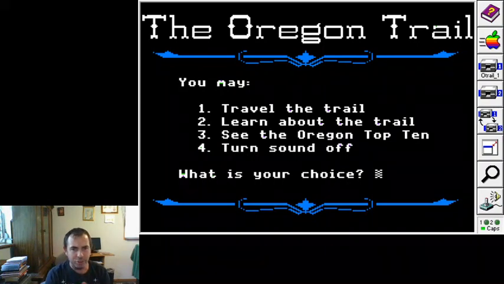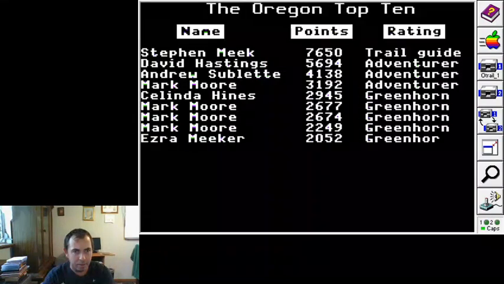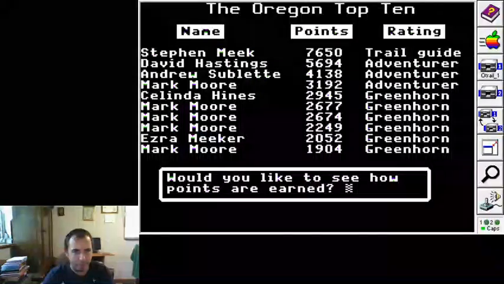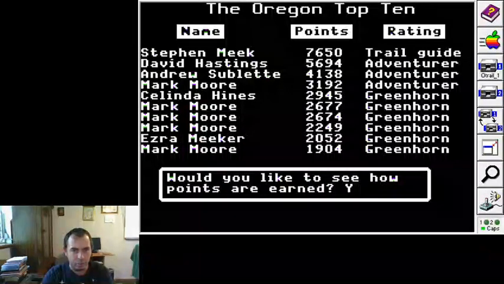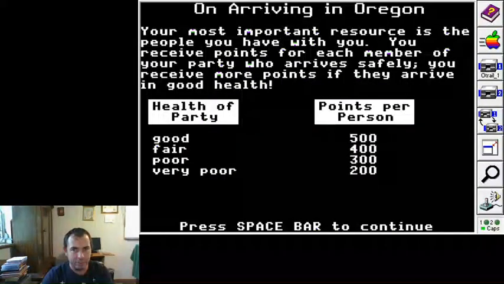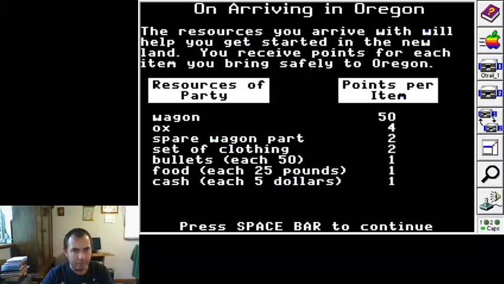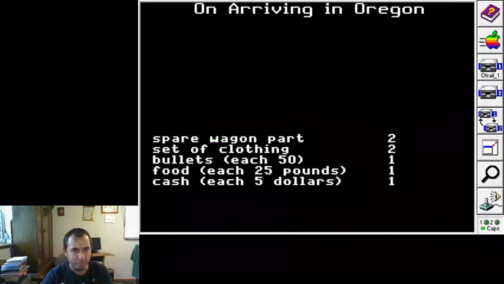You've got a few options here. You can see the Oregon top 10, and as you can see, I've played the game a few times. Just to load up some of the screens here, it basically tells you how you can earn points.